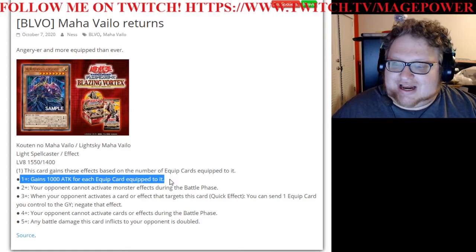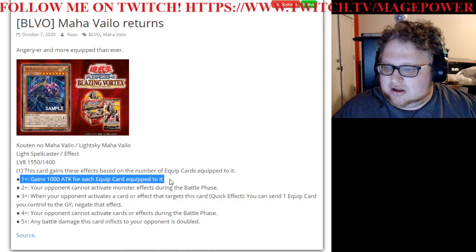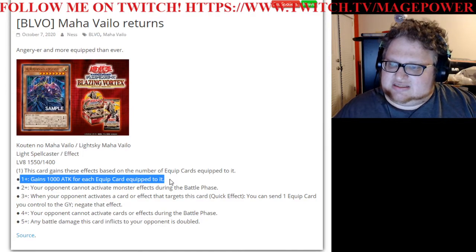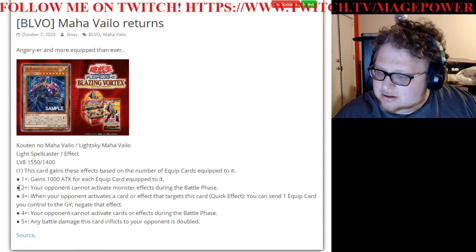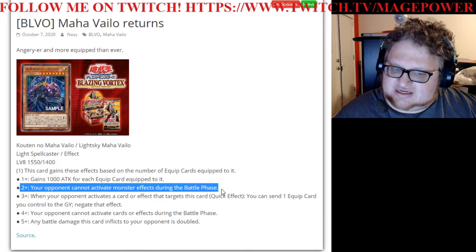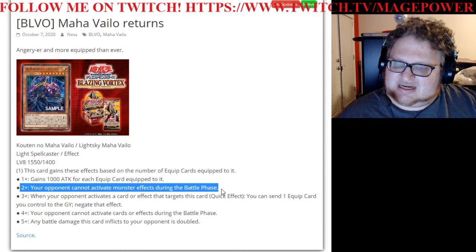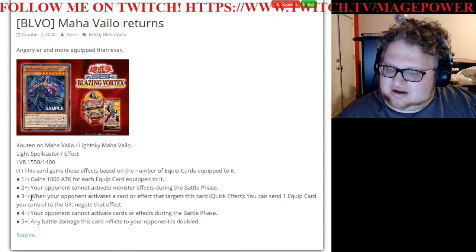All jokes aside, this effect in modern day Yu-Gi-Oh! is really not that strong. Any sort of effect negation is going to make this an easy way to run over it, and it's just not that great. 2 plus, your opponent cannot activate monster effects during the battle phase. Okay, so I guess you can stop floaters and anything that has a negate, but that's still not that relevant,